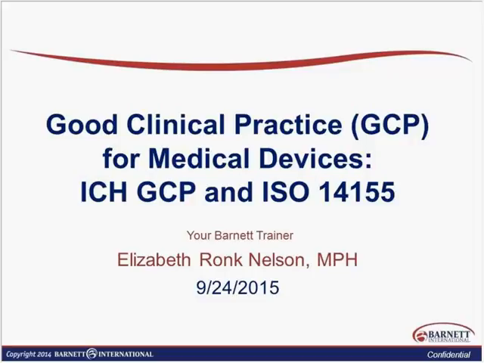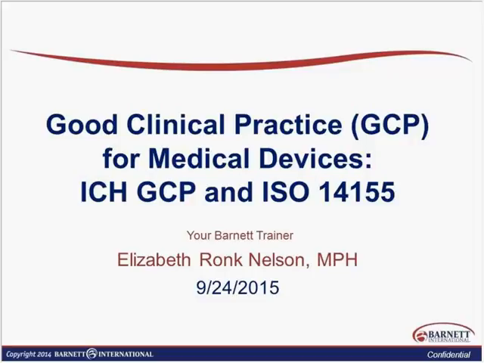It's a good scientific and ethical standard for how we interact with human research participants when we are studying investigational products, primarily as outlined in ICH E6, drugs. But we also have ISO 14155, which is GCP for medical devices. Even though we have both of those, and maybe because we have both of them, we still see companies using both of them, even to fill in some of those gaps that we might see from a GCP perspective. So as we go through this, we're going to talk about some of those key differences and how they